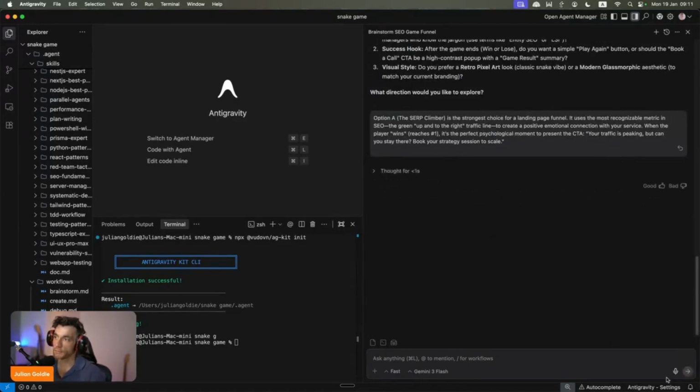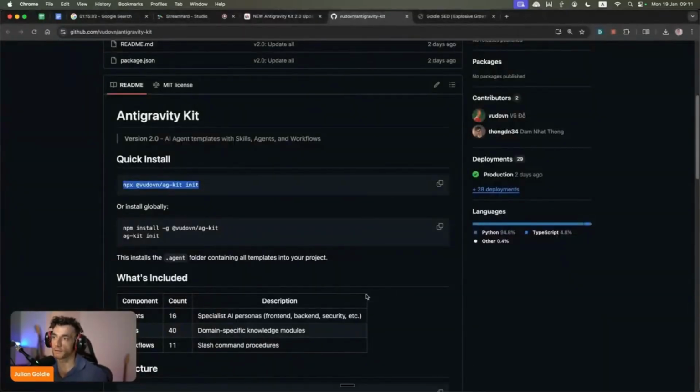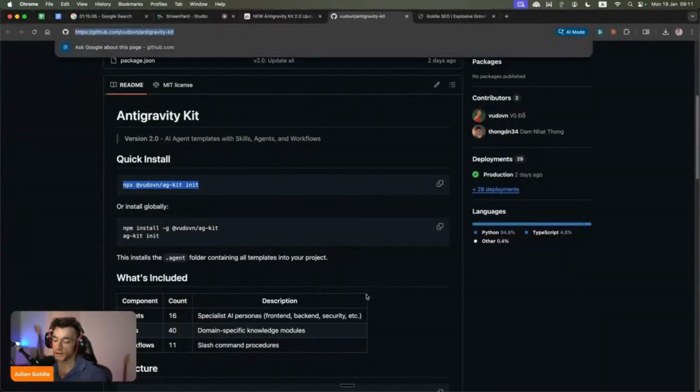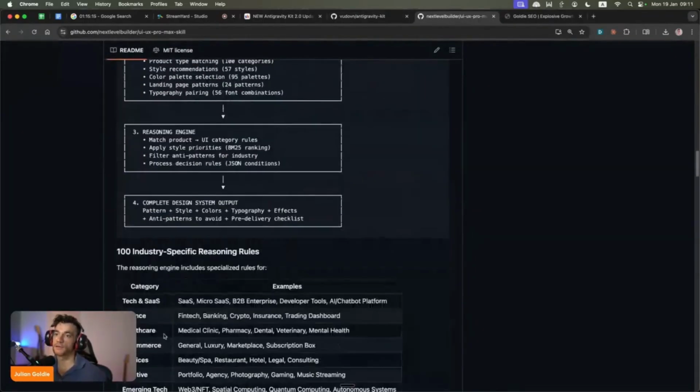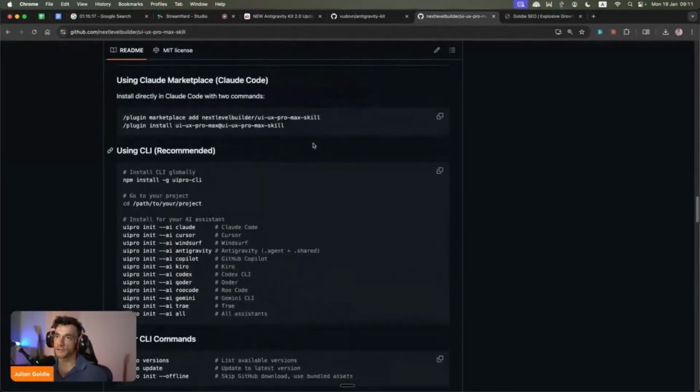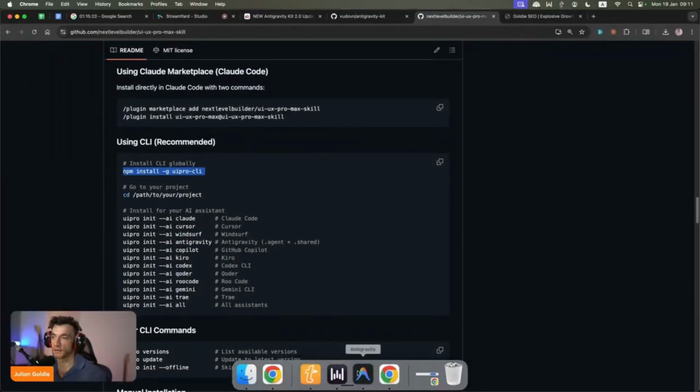Now, I'm going to stop that right there because before I go any further, what I also want to do is use the UI Pro Max free GitHub as well, which you can see right here, right? And again, all we have to do is go to the terminal and then we can leverage this to create much better UI, right? So I can copy this. As you can see, we're going to go to